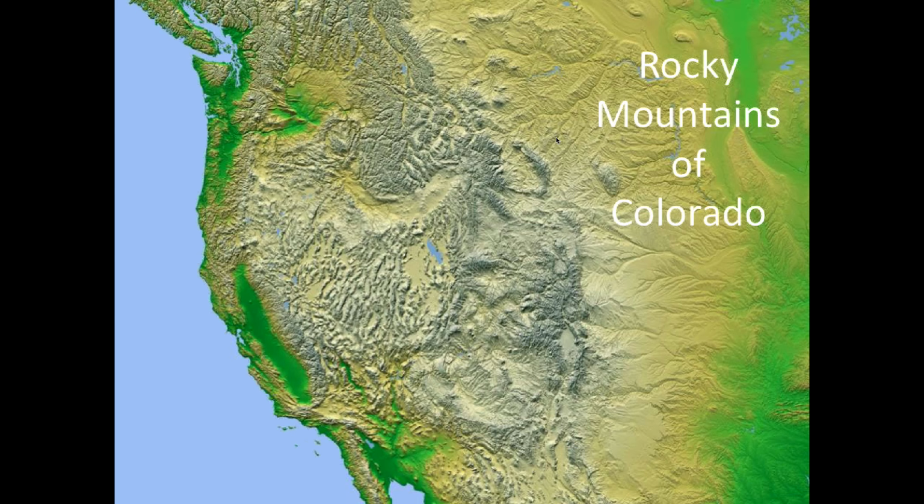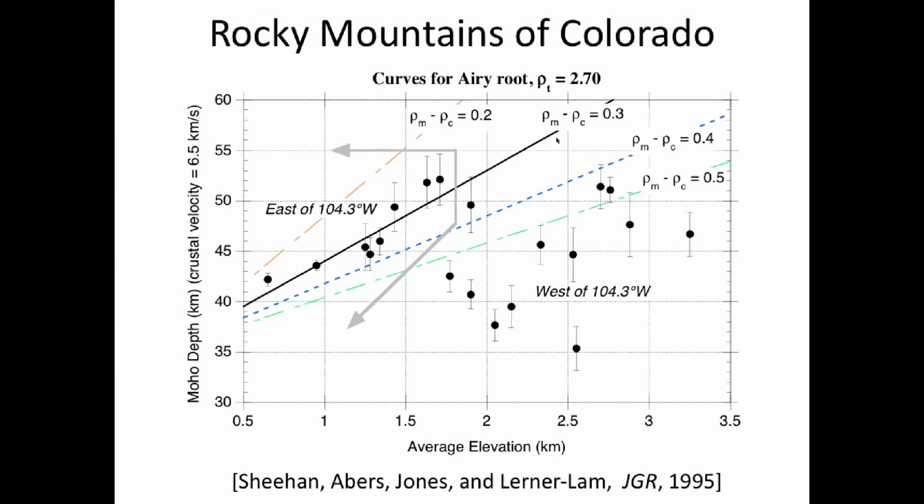So here's a map showing Western North America. Plains out in here, plains coming up into the Rockies Front Range, and here going west through the Rockies, the Basin and Range province further west. This gently sloping down to the east. You know this. If we look at results, these results I'm showing you here, done by Ann Sheehan, Jeff Abers,